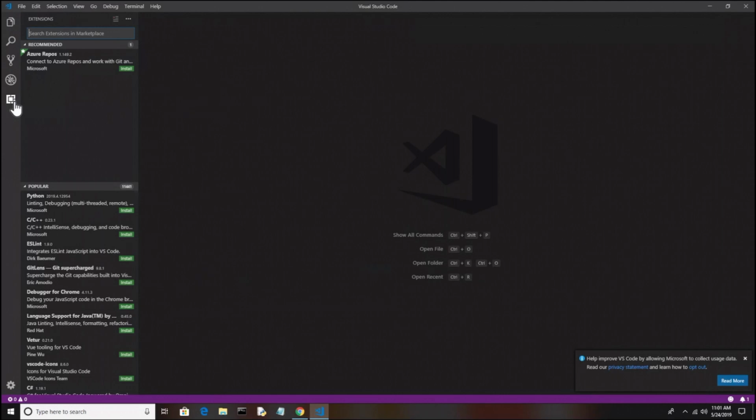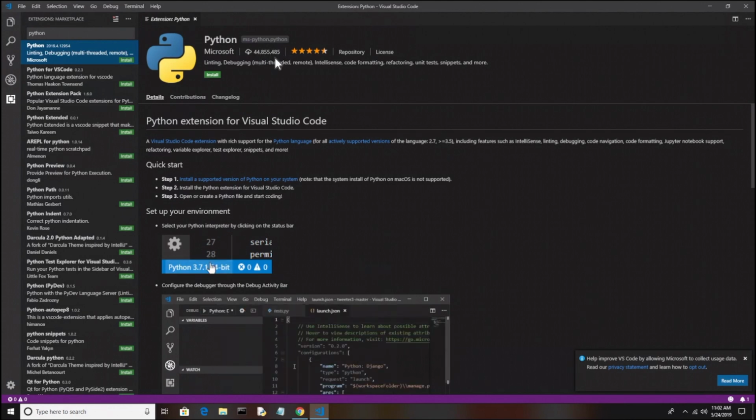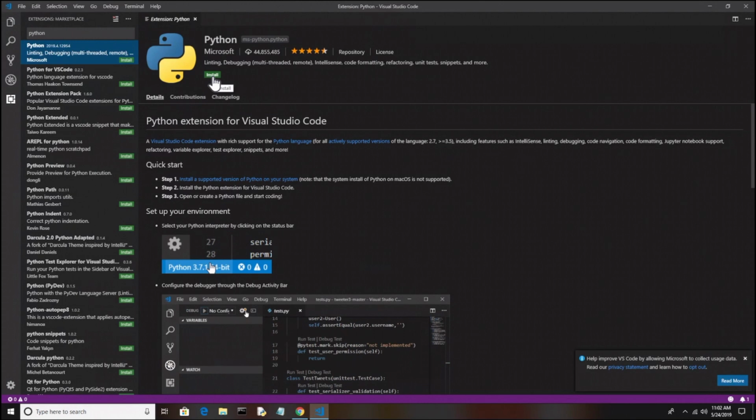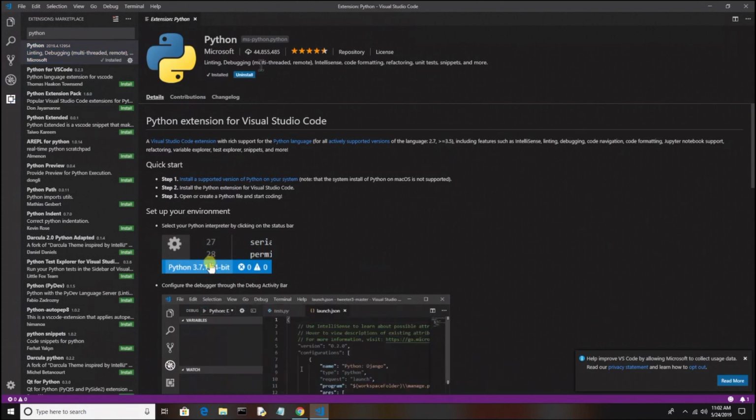extension. Now we'll actually see that it shows some popular ones down here and Python is already there. But I'm just going to type in Python, and you want the one that has like 44 million downloads or whatever it is. This is one of the most popular extensions in VS Code, making it one of the leading Python code editors. And then you're just going to want to hit install. That'll go ahead if you have an internet connection and just install that for you. Now that'll give us some features for debugging our code and some various other things that are very nice to